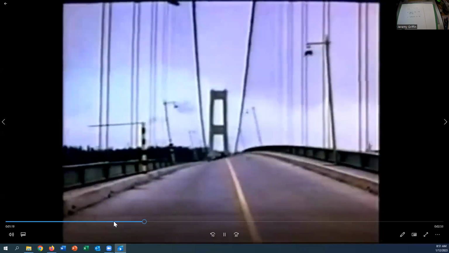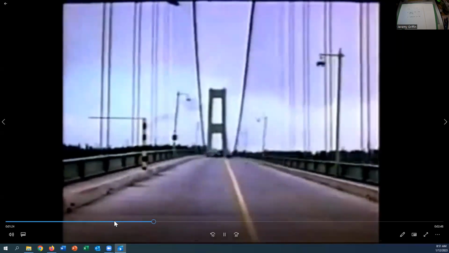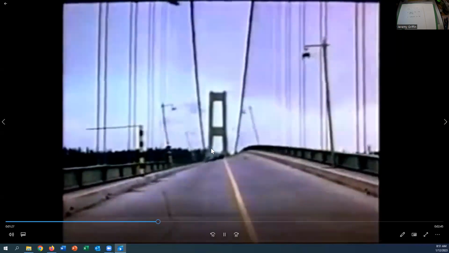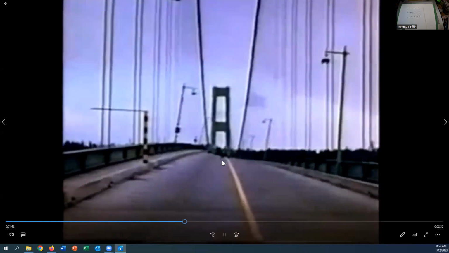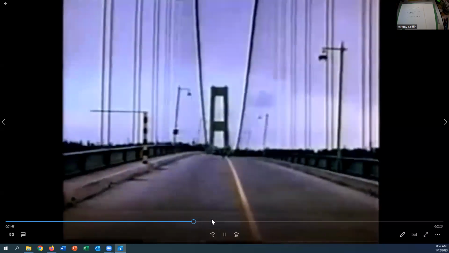Let me ask you guys, where do you think the energy is coming from to make it do that? Because it's not just doing it spontaneously. Wind. Yeah, wind. So there's this crosswind, right? I think the time period of this is like 5 seconds or something. You guys can see a car out there. There's an engineer walking along this nodal line. If the time period's about 5 seconds, what's the frequency in hertz? Well, yeah, 1/5 of a hertz, right? Because time period and frequency are just reciprocals of each other. You can see him walking across there. He ended up being all right before this thing broke apart.